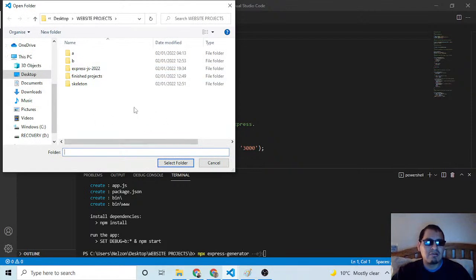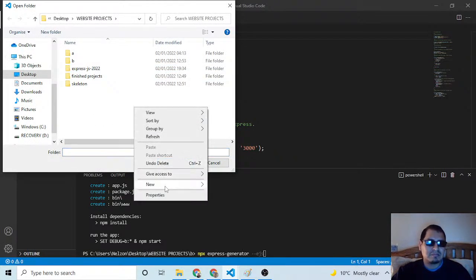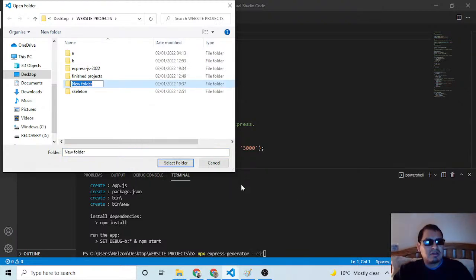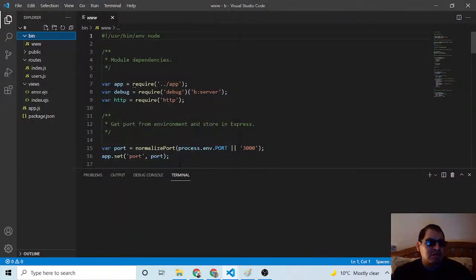I'm going to now create a folder. I'm gonna call it EJS. I'm going to work probably on EJS now. EJS 2022. Yeah. I'm going to select that.